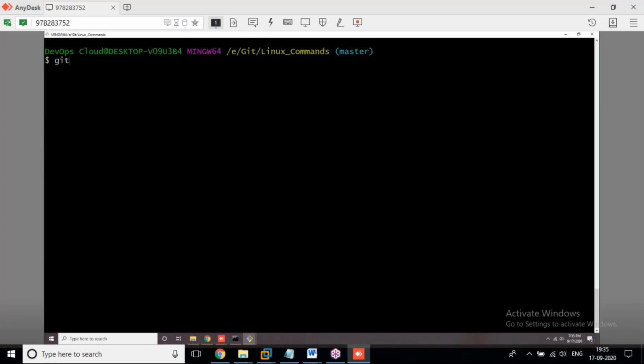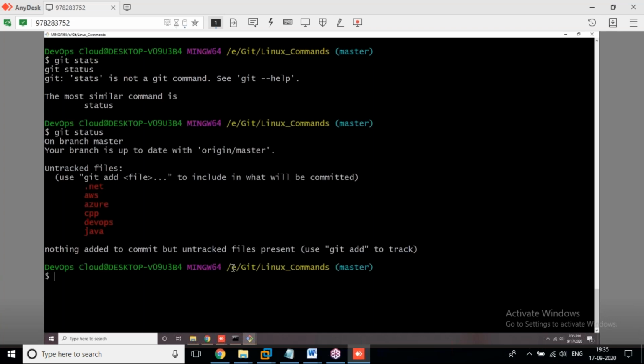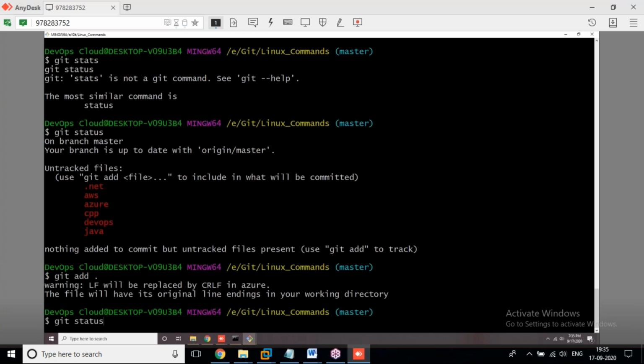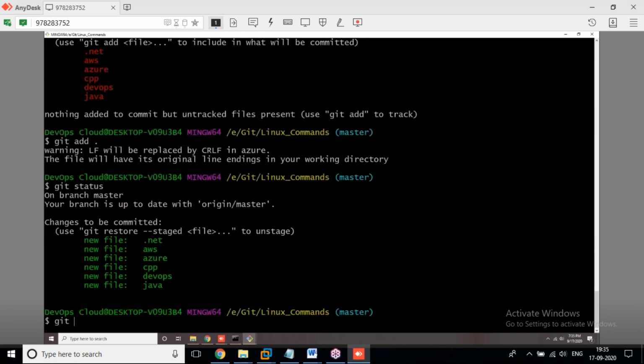See what we are doing: git status, just wait. Okay, now see, git add, git status, we added all these files. Now what I'm doing is git commit -m, with the message: committing Java and DevOps files only.